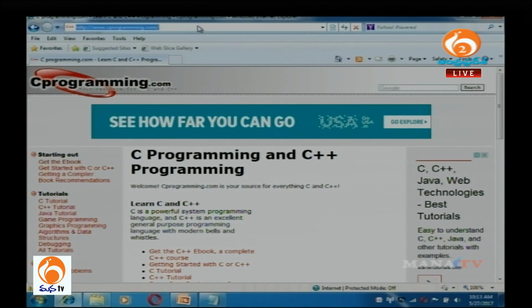Now, we will see what is the functionality of the stop button. Right now cprogramming.com took a few seconds to load, depending on the network speed or internet speed, it loaded in 1 to 5 seconds. So, within these 1 to 5 seconds, if we click the stop button, we will see what is going to happen. So, let me close the page and then open www.cprogramming.com. Now I am going to click the stop button,